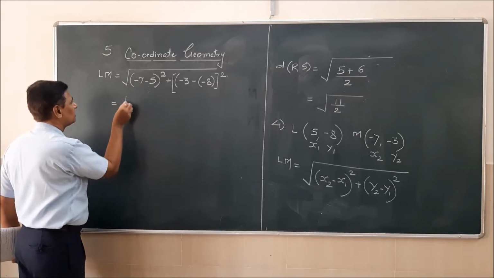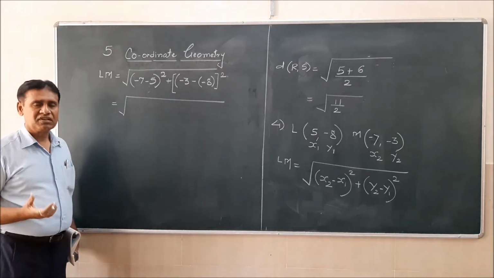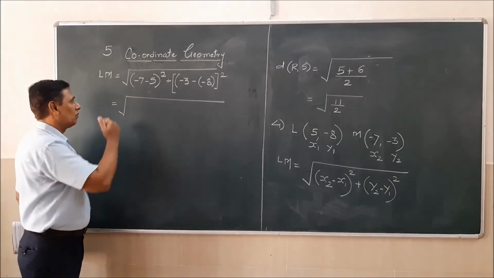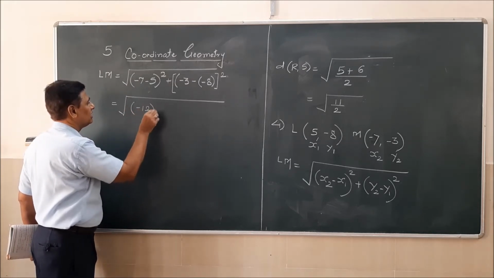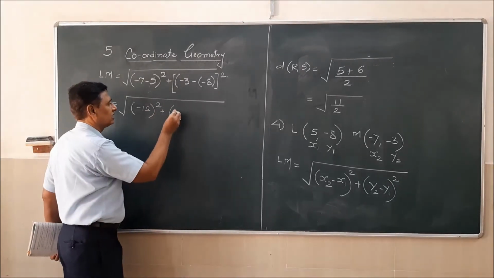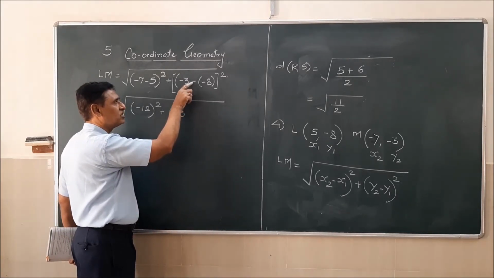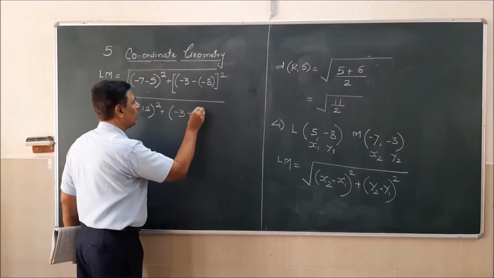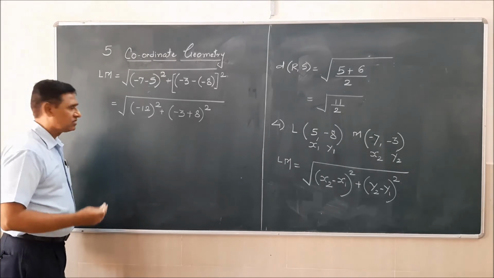Then that will give us, whenever both the numbers are negative, in that case we always add them and we write the addition of them. You all know minus 7 minus 5 will give us minus 12. The minus 12 the whole square plus the next step is important, because you will get here minus 3. But be careful here, I am going to give the effect of this minus sign on this minus 8. So minus into minus makes it plus. So that becomes now minus 3 plus 8 the whole square,